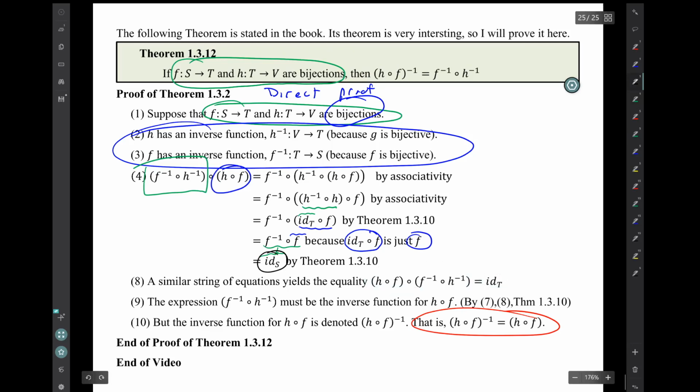If I put the green box on the right of that same circled expression, I get that identity map. Well, that theorem says that means that the thing that's in the green box, this thing, must be the inverse function of the thing in the blue circle. So in other words,